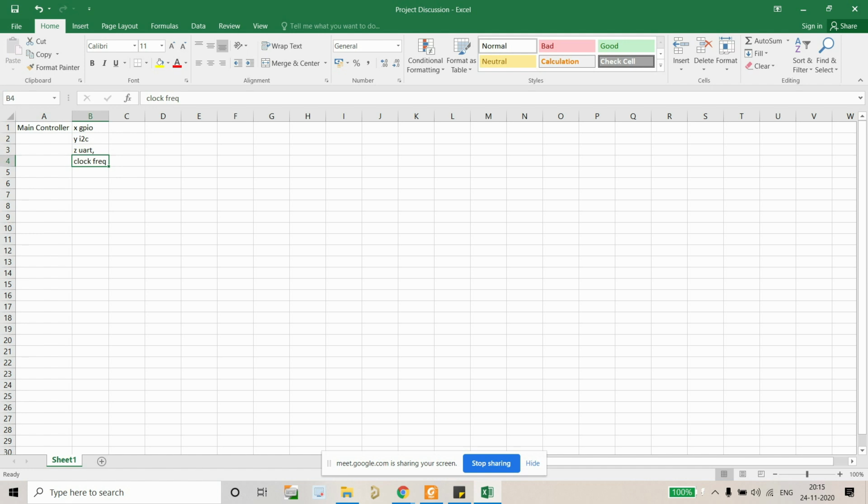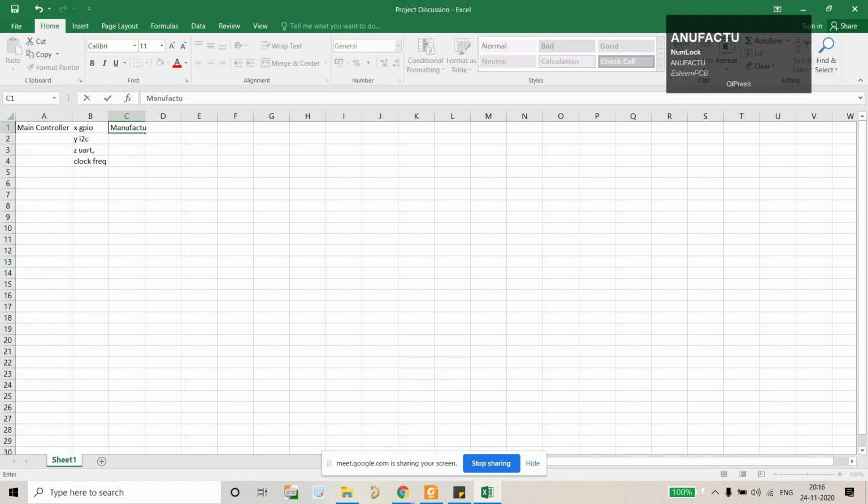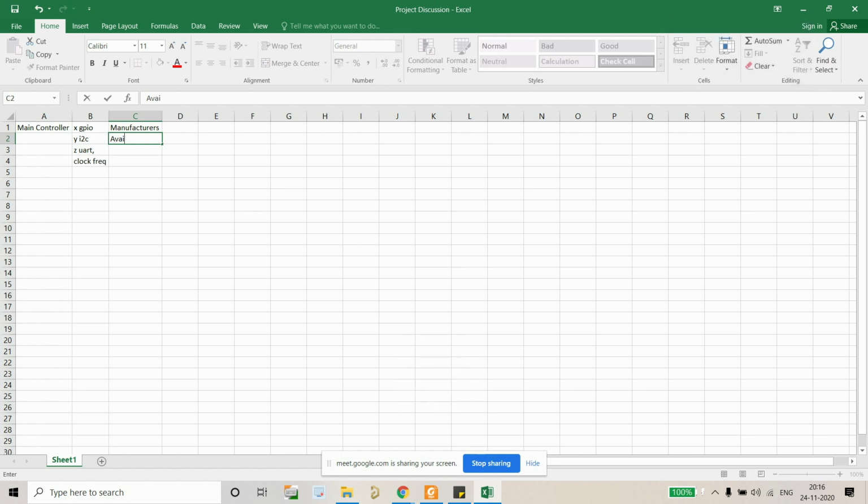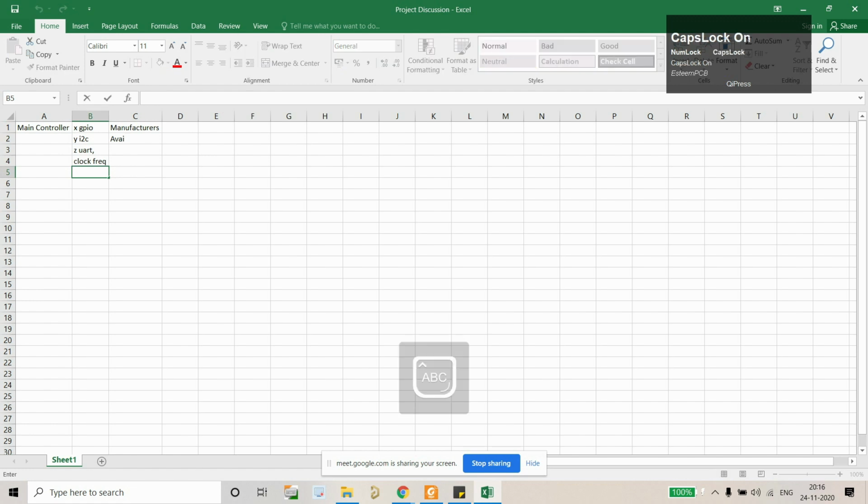After making this whole list, we can move to the manufacturers. There are a lot of manufacturers available which provide controllers, right? So we will shortlist manufacturers on the basis of a few parameters, and the first parameter will be availability. I'm just discussing these things randomly, but this is how your thought process should be to select any controller. And here, if you want, you can add more information like flash memory, what flash memory is required, right?